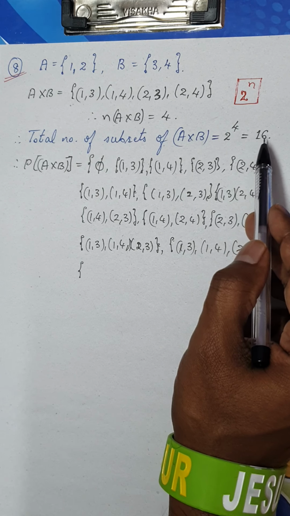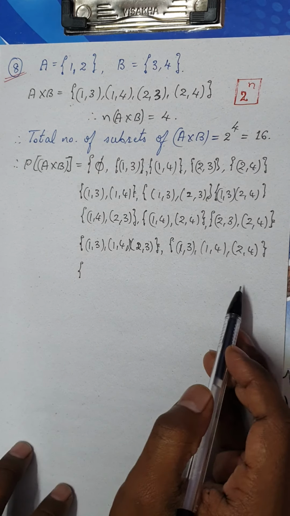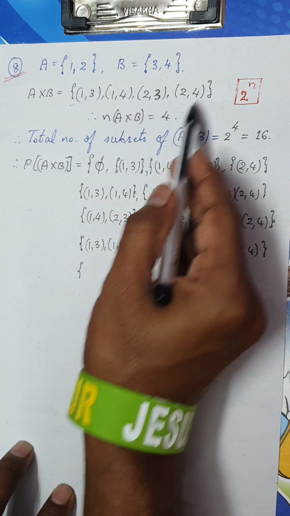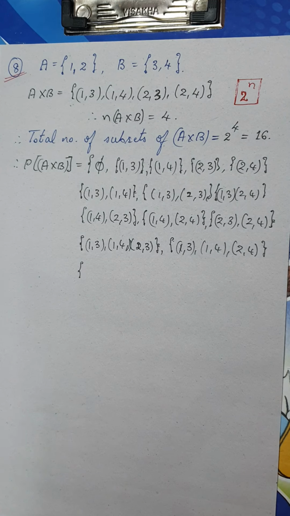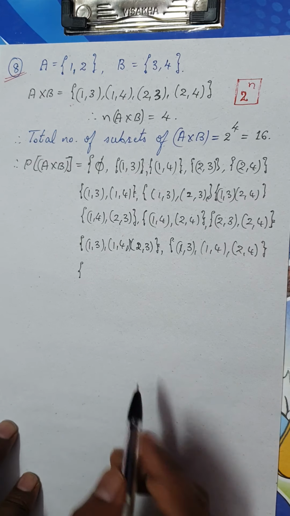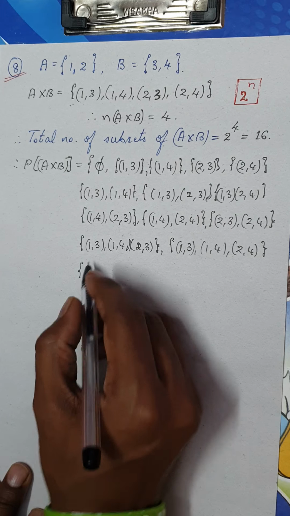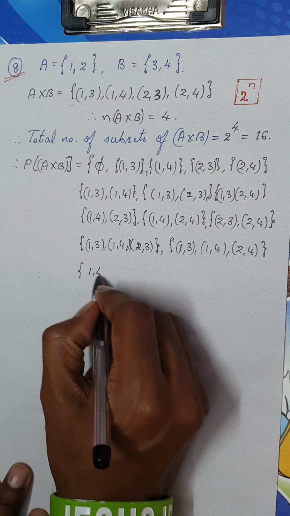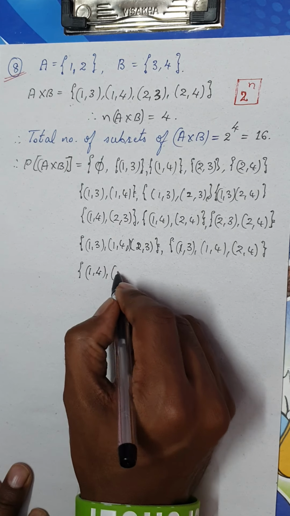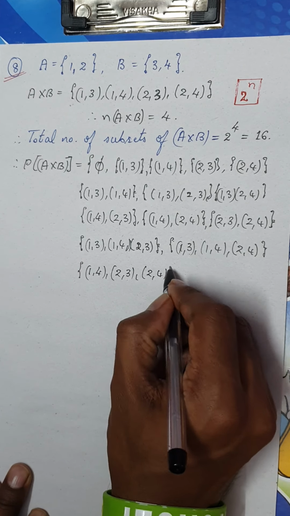You have to get 16. You have to have an idea of that. So only 3 more are left over. Out of 3, don't forget, the final one would be the entire set itself. That means you have to write 2 more subsets. Now let me leave off (1,3) and take these 3 pairs. In the 3-element subsets, I'm leaving out (1,3). So I have (1,4), (2,3), (2,4).